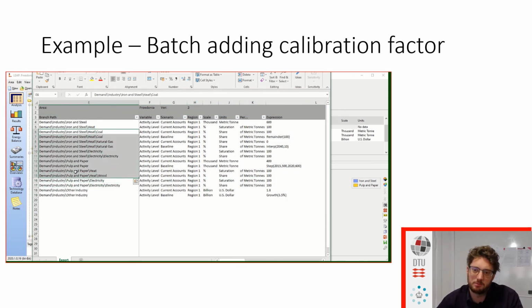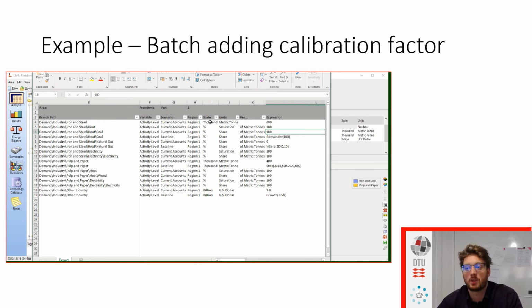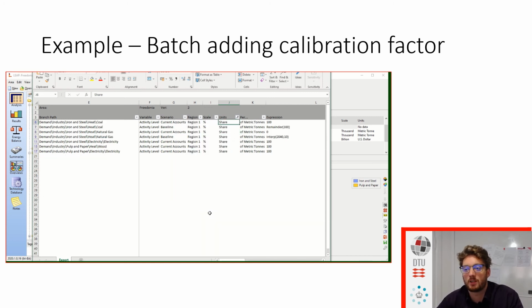It's about 16 changes I would need to do. These could be in the hundreds too, depending on what I want. I have it for different scenarios. I also have it for different scales, and now I figure out that I actually don't want it everywhere, because if we have a share, for instance, we don't want to put a calibration factor on that because that would ruin it, because we would get a total of shares above 100, which Leap will throw us an error for, and that's not where we want to do a calibration factor. So now I am going into my filter, and I'm only selecting the shares,